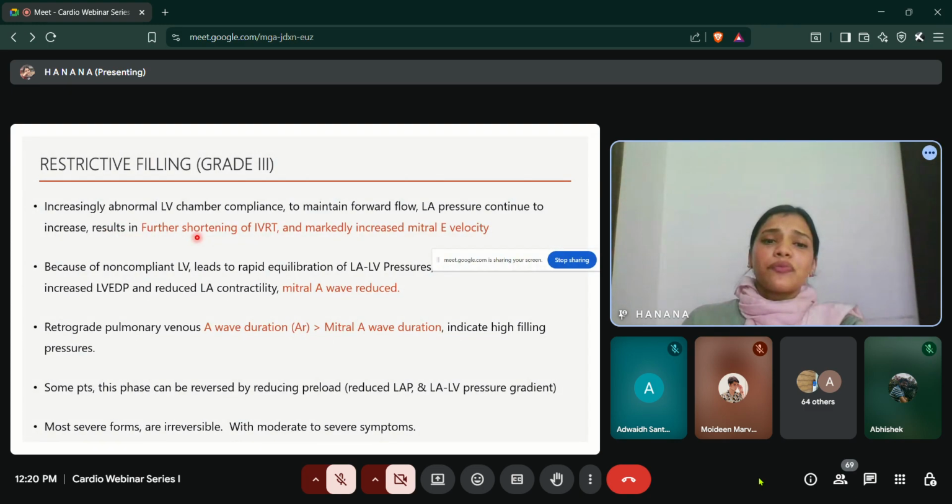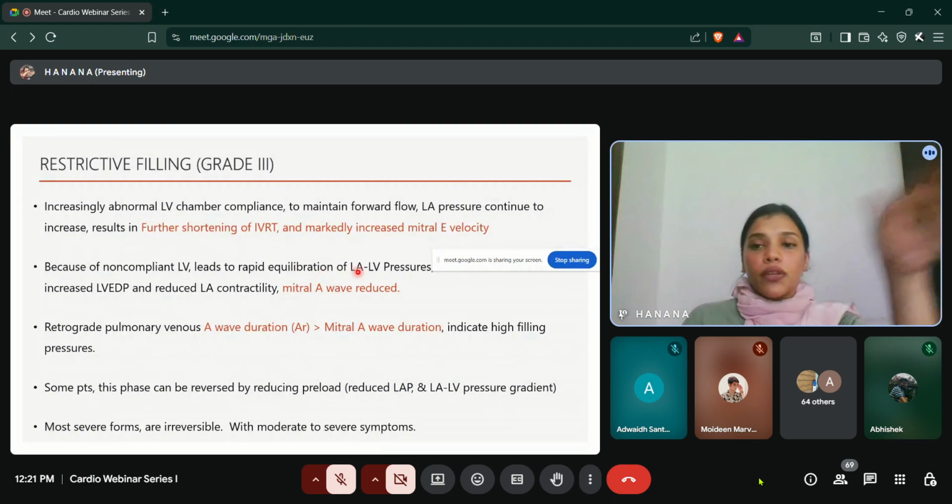So the IVRT is very shortened, but there is markedly increased E velocity. So because of the high pressure system in the LA, he tried to increase as much pressure and tried to push very hard, and so the E wave velocity is markedly increased, but the LV is not cooperating. He is not ready to continue the relationship, so he's much more increasing this pressure inside him. So it leads to a rapid equilibrium,